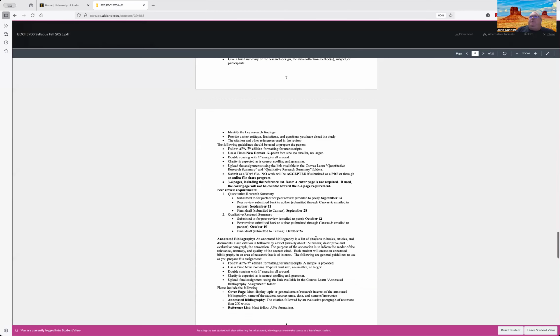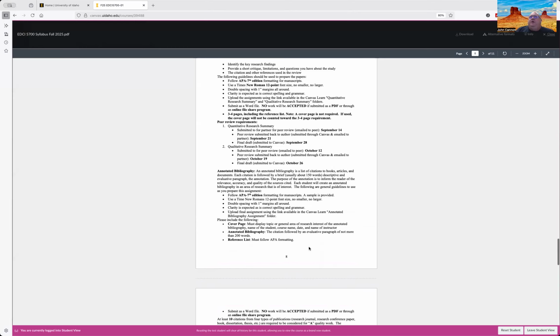So the qualitative paper is going to be due later, as we get toward the middle of the semester, through September and in October. Then there's the annotated bibliography, and I will have an example in Canvas of an annotated bibliography with my feedback that has been submitted in the past. What the annotated bibliography is intended to do is help you organize sources so that you can write your literature review paper.